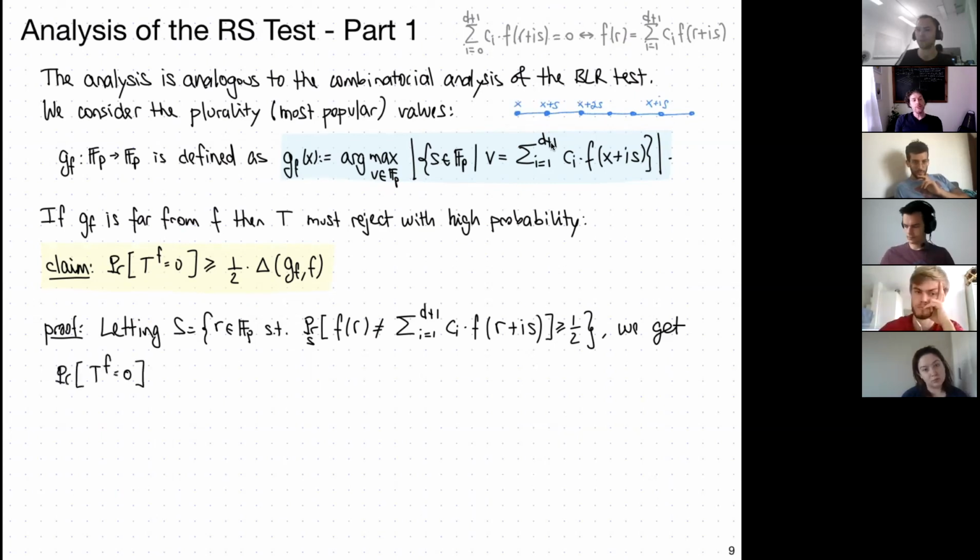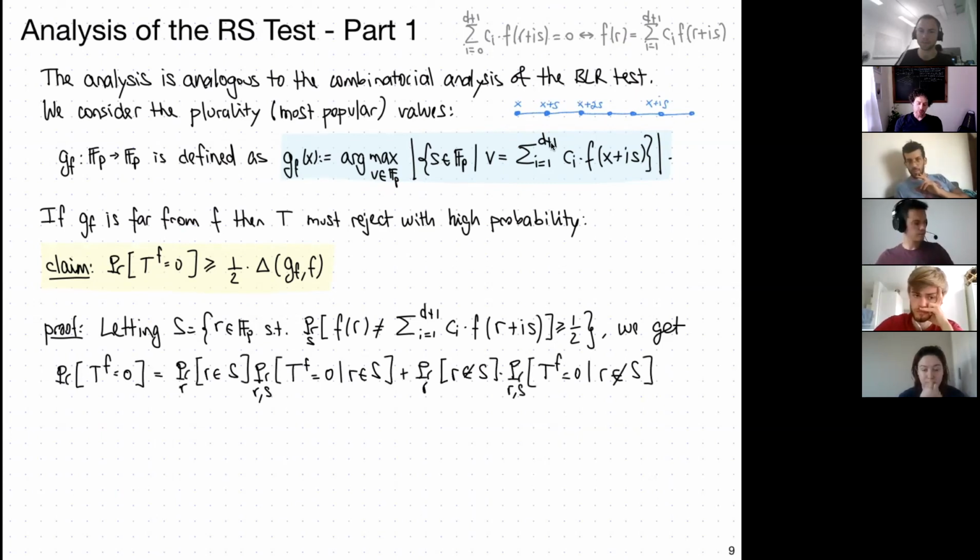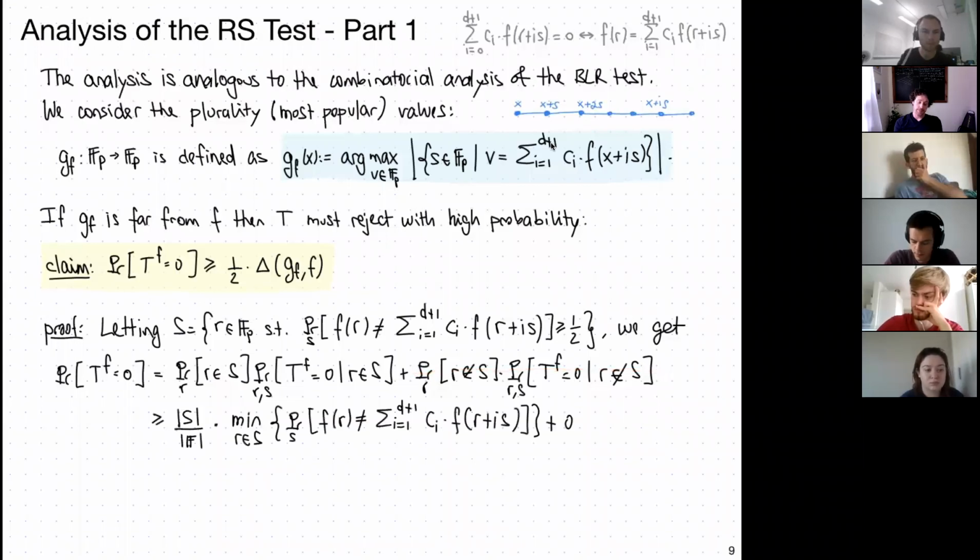Because in order to bound the probability of our test rejecting, we can, as before, look at this scary looking expression, which is actually very easy. We can look at the case where R is in S, and then look at the quantity we care about conditioned on that. And we can also look at what happened otherwise. We say, in this case, that's hard to analyze, so let's forget about it. We'll lose a little bit, but we're fine with that. And then we're just focusing on that setting. So we know that,